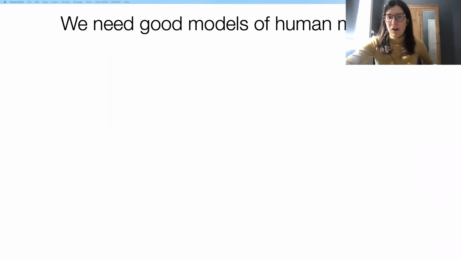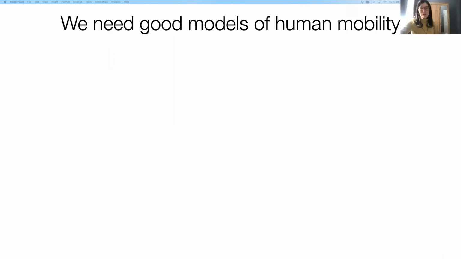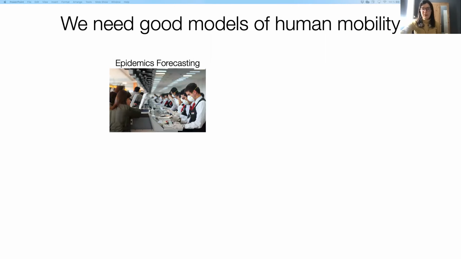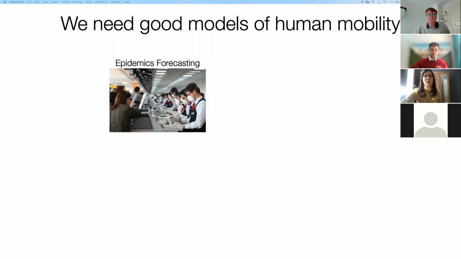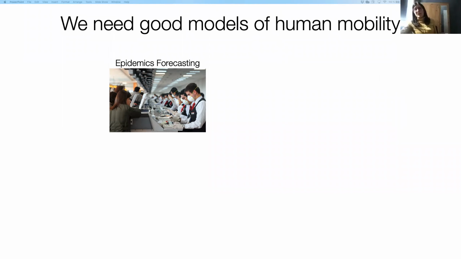So I work on mobility. I try to understand how people move, and I do it for very good reasons, because it's really important to model human mobility well. This has become very clear this year, when we've all seen papers on how human mobility models can help us do epidemics forecasting much better. Because viruses spread to people and people move, and we need to understand how we move to forecast the epidemics.